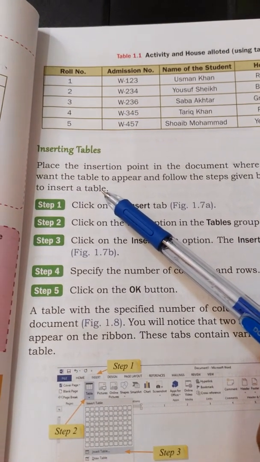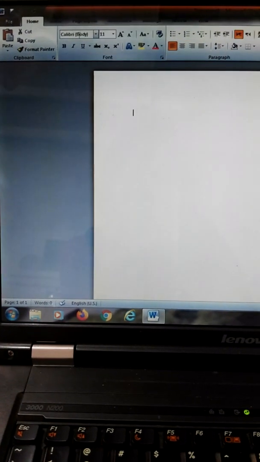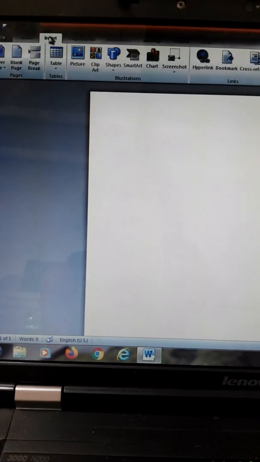As you can see here, I place the cursor, right, and the next step will be I will click on the insert tab from the ribbon.